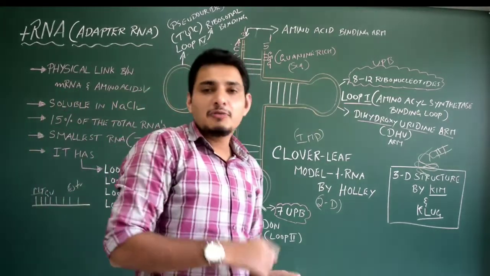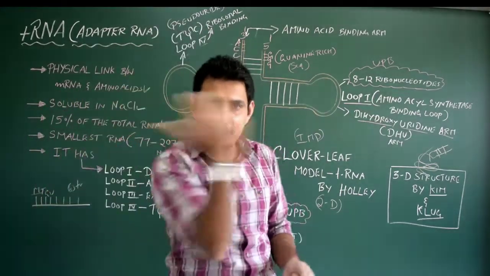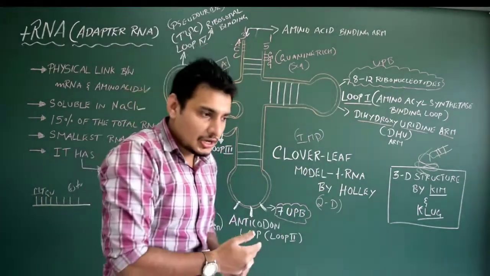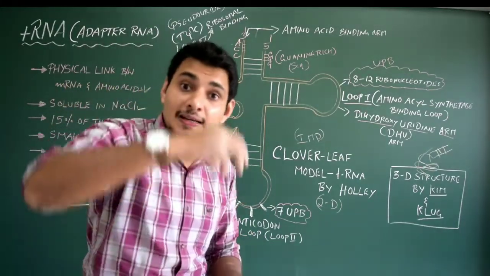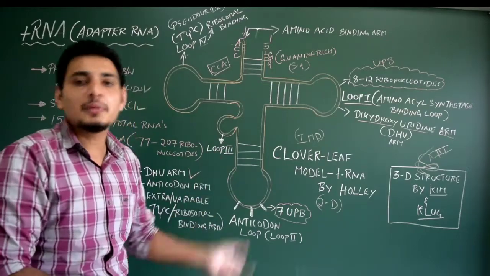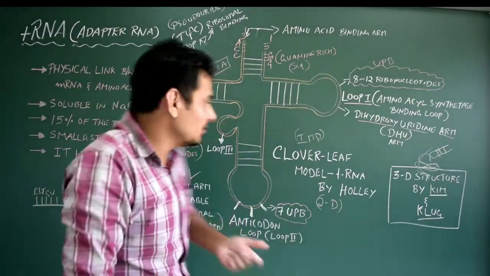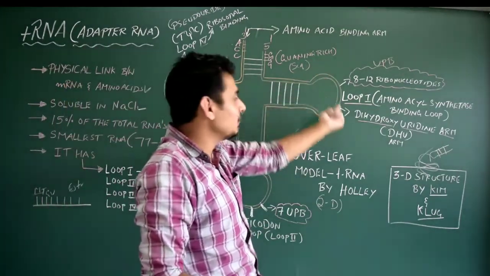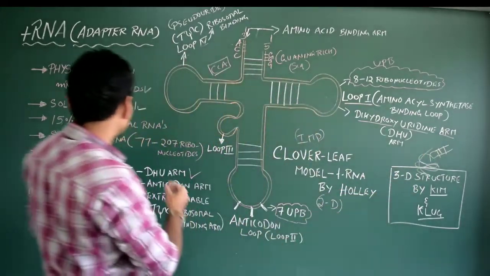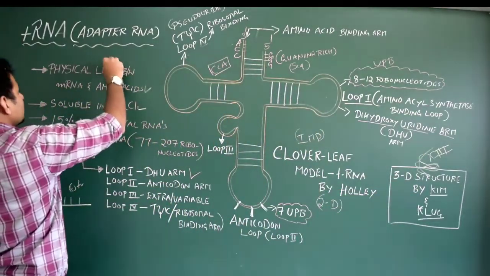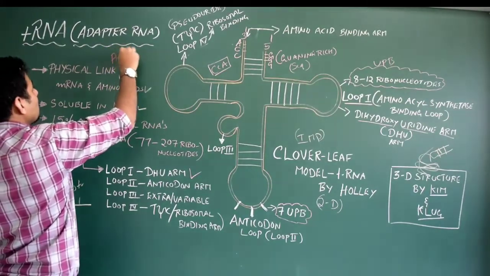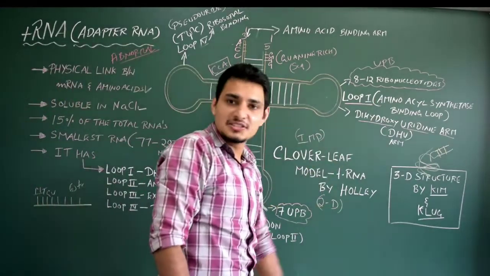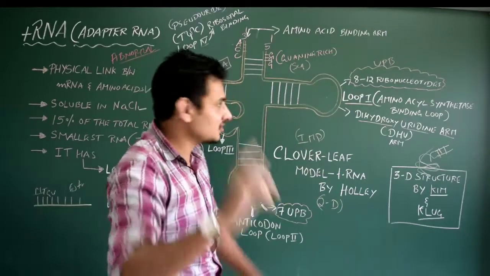That's what I mentioned when I was discussing mRNA. mRNA has specific sequences. All the sequences are useful. Even though introns will be there, it is still useful. It will not contain any abnormal sequences, but tRNA is the only RNA which has got abnormal sequences, that is, new bases. That is dihydroxyuridine, it is a new base. So that is present in this loop 1, hence the name DHUR. Got it? So please note this point. It contains some abnormal sequences. In loop 1, DHU bases will be there, hence it is called DHUR. Just note this point.